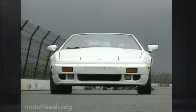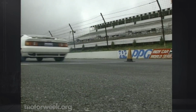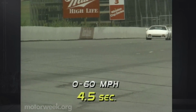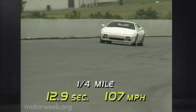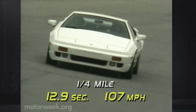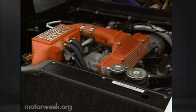With all the drama of a thoroughbred springing from the starting gate, our Lotus Esprit Turbo SE zipped from 0 to 60 in an amazing 4.5 seconds. The quarter mile took a scant 12.9 seconds, ending at 107 miles per hour, a half second quicker than the last Testarossa we tried. The SE's breathtaking performance is the result of further improvements on the Lotus 2.2-liter four-cylinder turbocharged